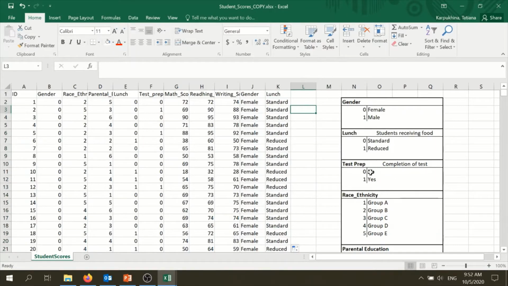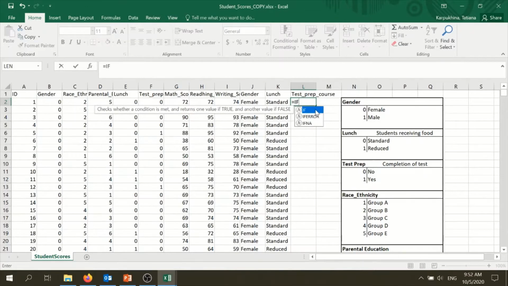So the third time we're doing it, now we're doing a test prep story. The same as before, just to be sure, we're creating an if within an if function. So starting simple, if test prep equals 0, then we need to ask Excel to write no. Let's take a small no. If it's not 0,